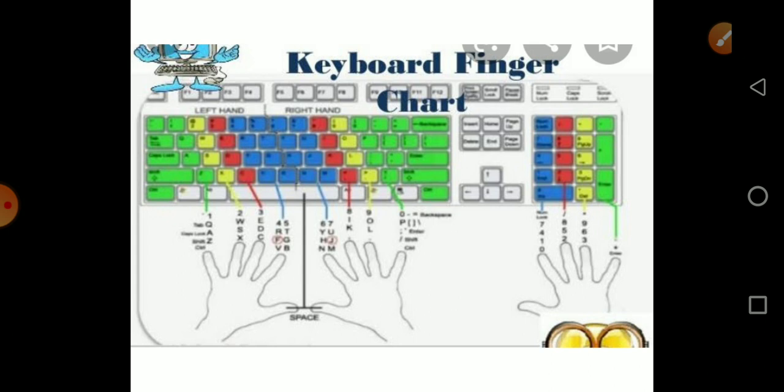Green colored keys should be pressed with your small finger. Likewise, yellow, red and blue colors indicate different fingering which you have to learn. All these things, when we reopen our school, we can practice in our lab.